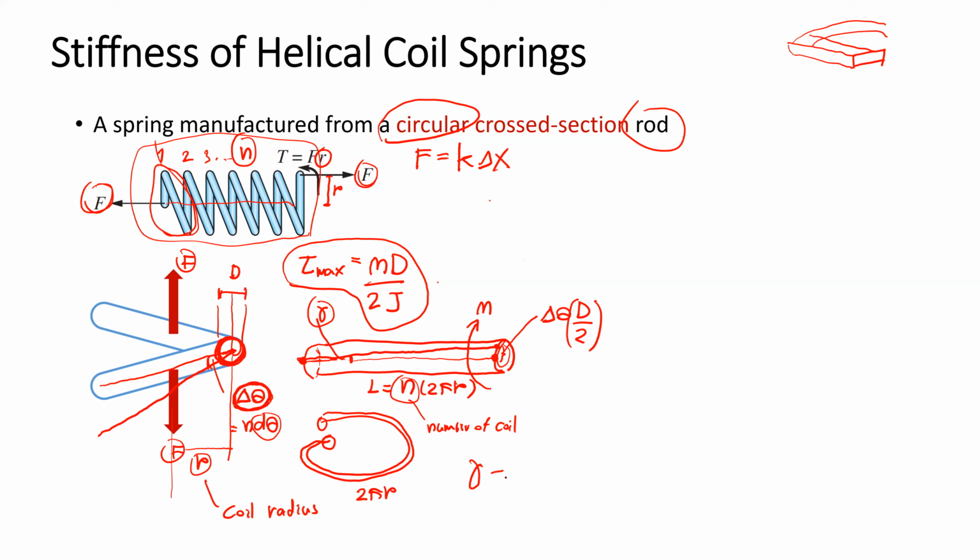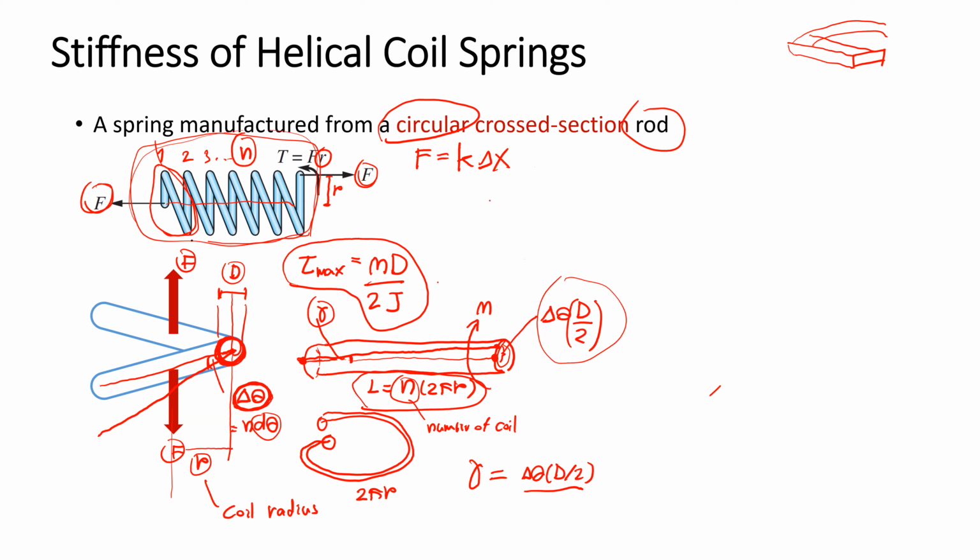The shear strain is this one divided by L. Shear strain is delta theta multiplied by the rod radius, divided by the total length